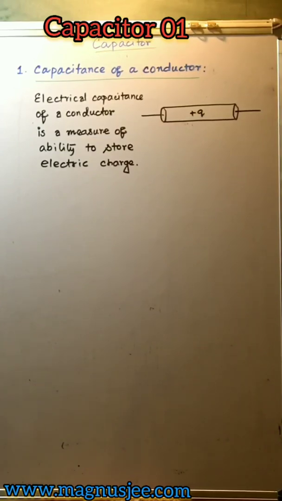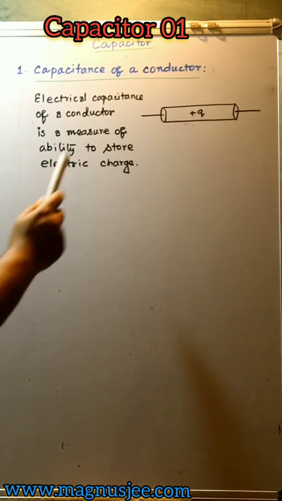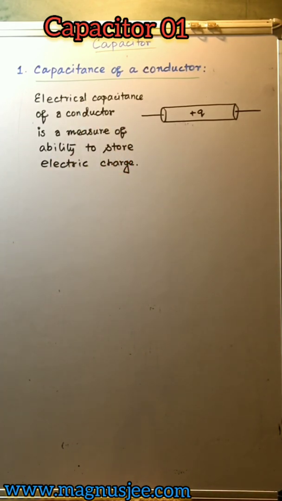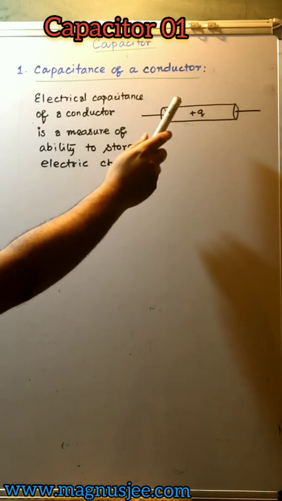The name of the chapter is capacitor. Number one topic is capacitance of a conductor. In the diagram we have drawn a conductor, and plus Q be